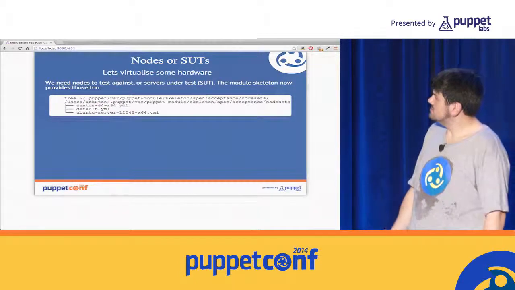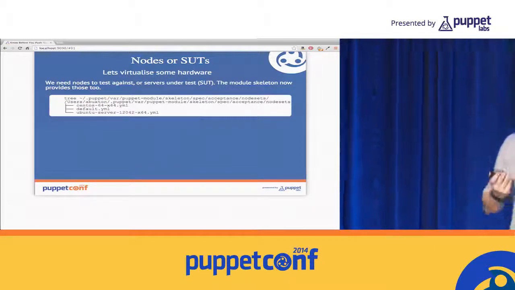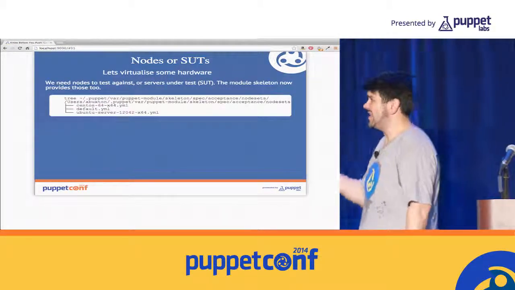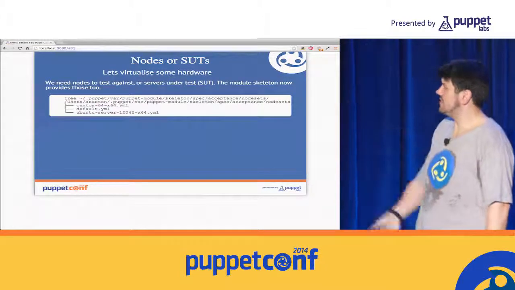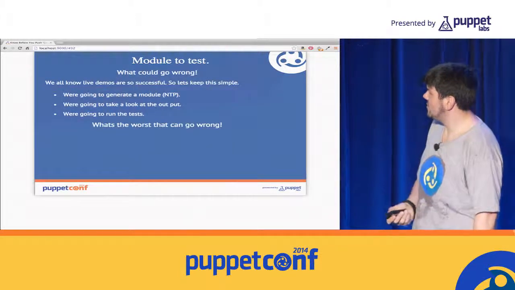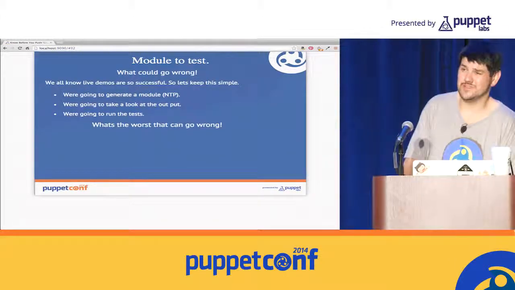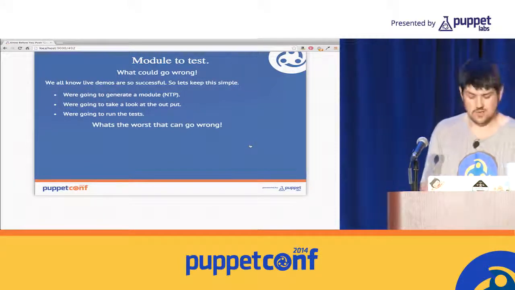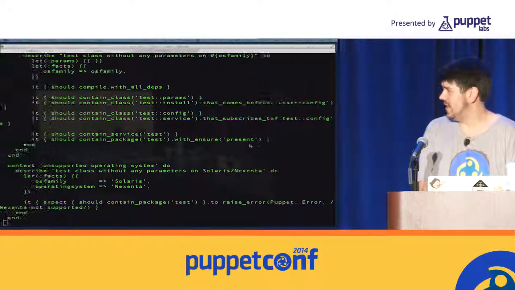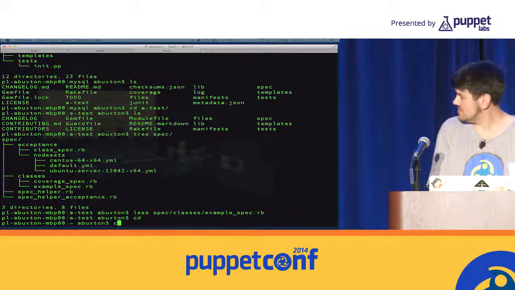So, you know, we start in Beaker with the nodes. Well, I've got them already. They're in my module skeleton, so I don't need to do that. It's done for me. Makes this really quick, yeah? Those are the defaults. I'm going to use the default server. I'm going to do the NTP module. I'm actually going to do it. I'm going to change folders so I'm in the right place, otherwise it'll embarrassingly not work. Which, you know, that's always a good way to do a live test, I find. But if I do that, I do this,